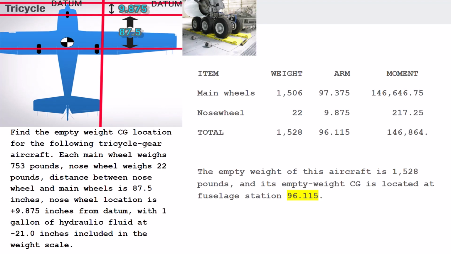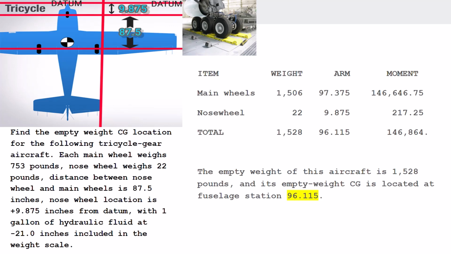So that's actually irrelevant. Hydraulic fluid is part of the empty weight CG, so we don't have to do anything with that data, and that is not in our calculation. The tricky part of this one is finding the arm of the main wheels. So it's pretty much saying your nose wheel is aft of the datum about 9.875 inches, and the